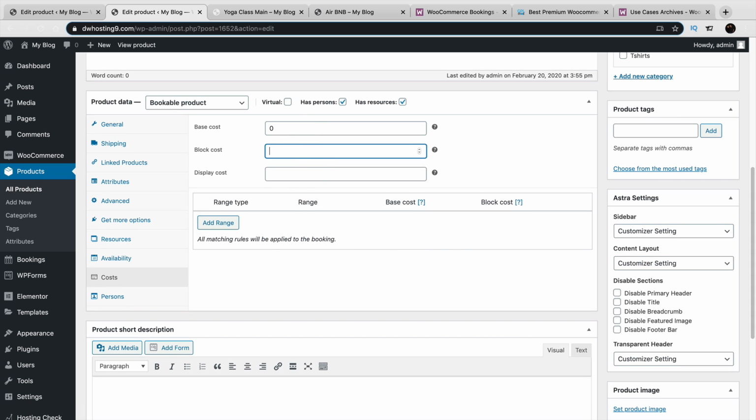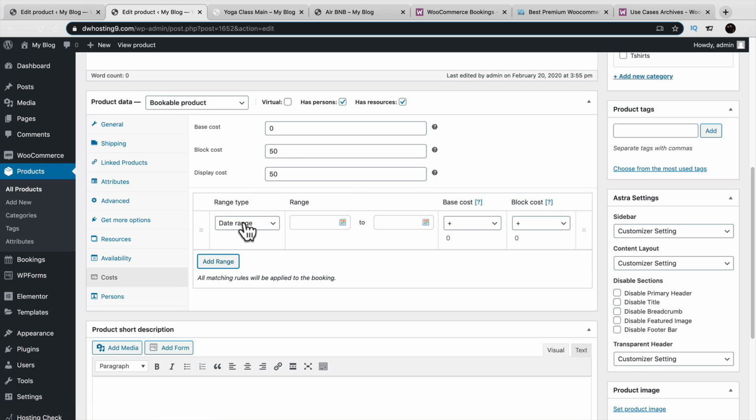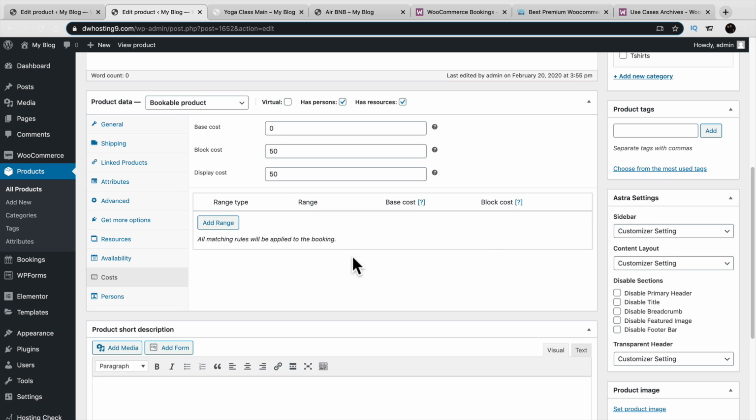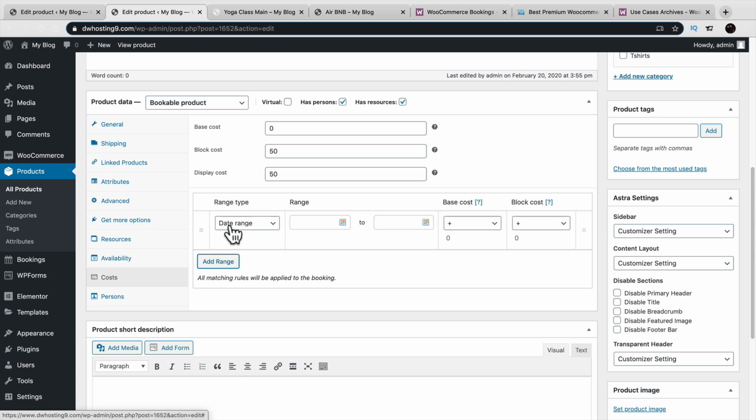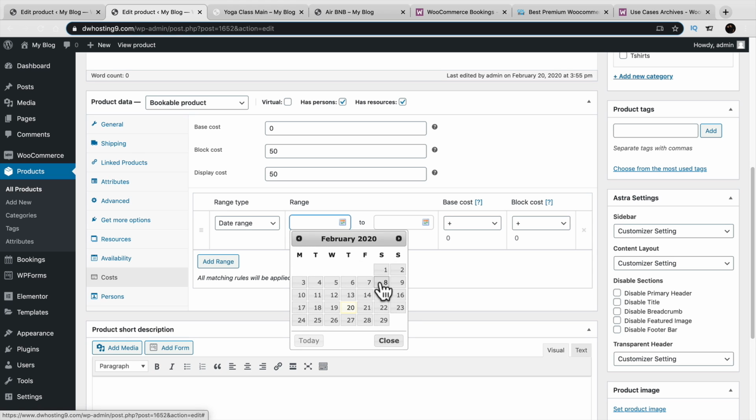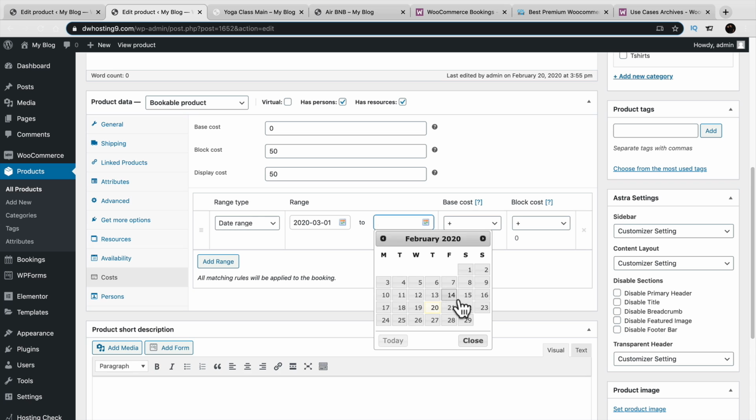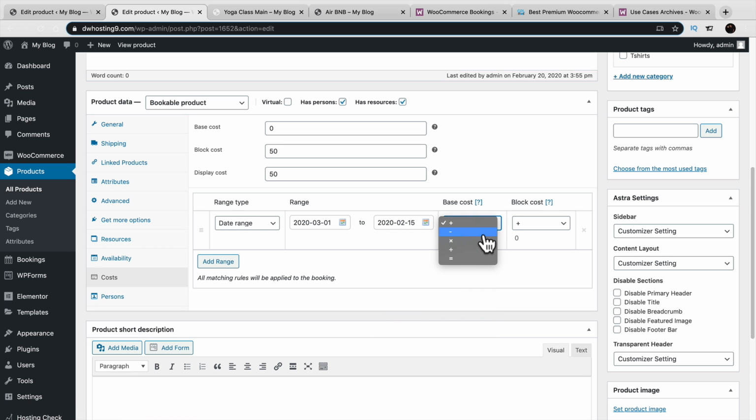What I'm going to do is ask, okay, how much does the room cost? The room on average costs $50, and the display cost is $50. If you want to book in the future, you can also charge a discount if you want to do that. That's up to you. I've already shown you a little bit about range type. Here you can add or multiply based off a certain time. So maybe there's a big event. Let's say there's a big event in March. So from March 1st to the 15th, we're going to go ahead and